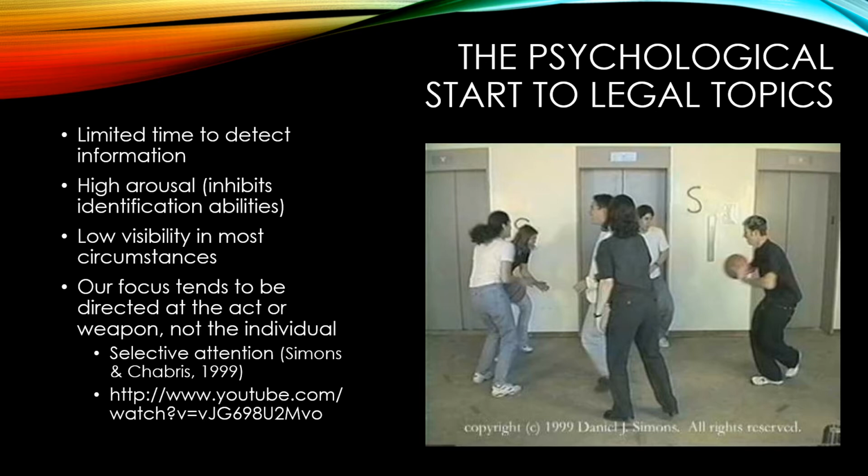Another big problem is that usually these things do happen in crowds, and they happen in places where maybe it's darker out, or we just can't see things because we're not right next to them. All of these things coalesce together to, unfortunately, prevent us from having much of a chance of really interpreting things correctly, even if we know what it is we want to interpret. And as I mentioned, because of how drawn in we are to things, we can sometimes be focusing so much on the wrong thing that the critical elements are gone.